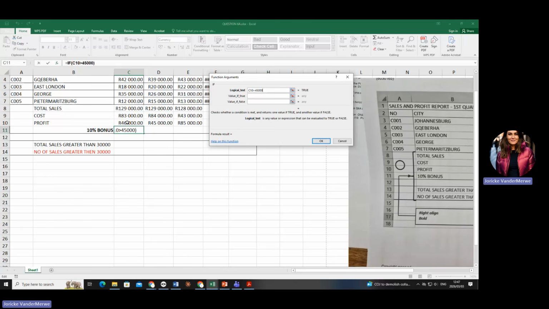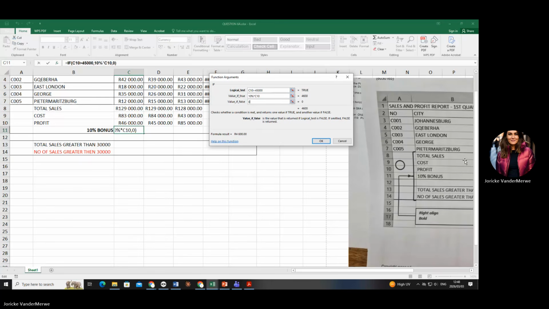Okay. What happens if it's bigger than, darlings? Then I must do a 10% what? Multiplication of that amount. Are you with me? Can you see I type in the thing that it must do there? It can also be a word like bad, or I'll do another one now. What must it be if the answer is false? In other words, it's less than 45%. Then you must put in a 0. Does that make sense to you, what's on the board there?